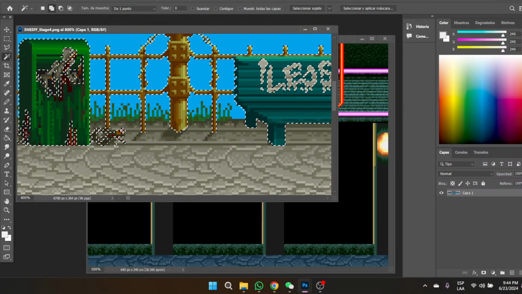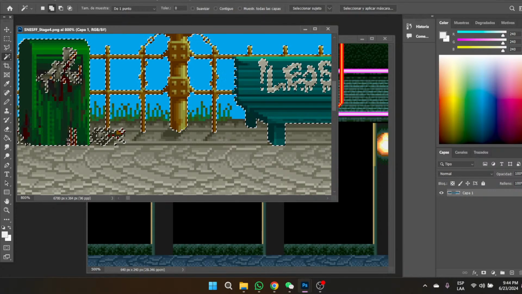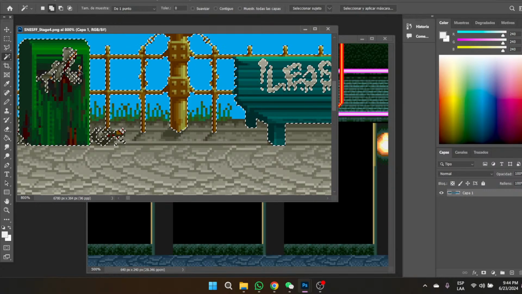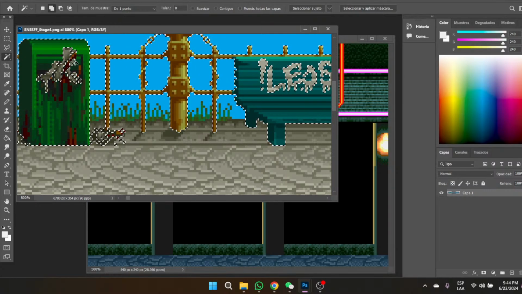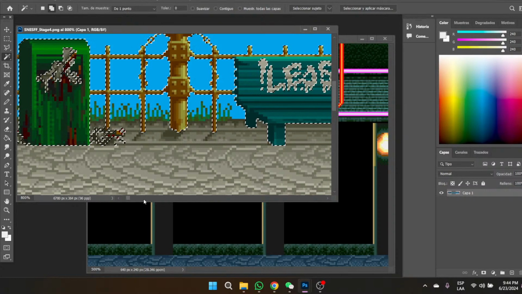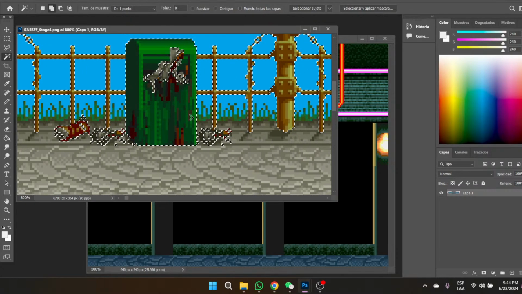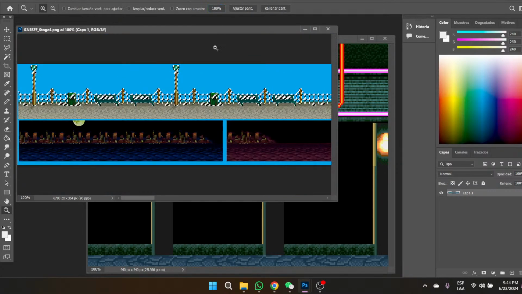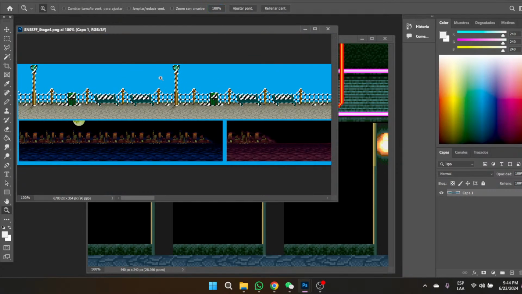We separate it, right? See. Okay, and these are the grays that I want to isolate as well, but these ones are shared with the floor. Right, so this is what we're gonna do. I'm going to isolate